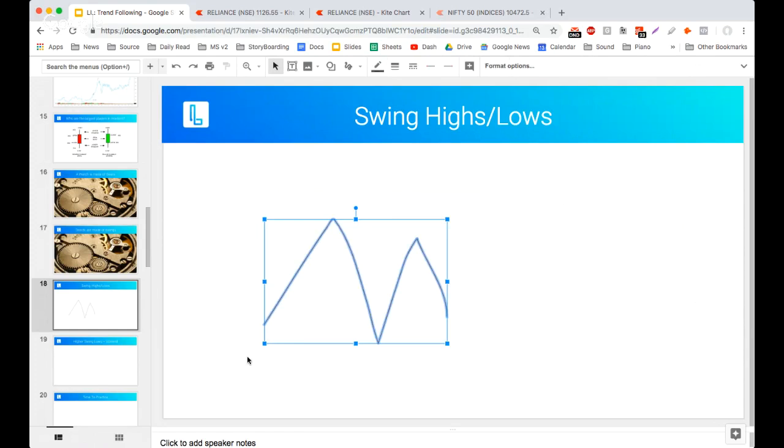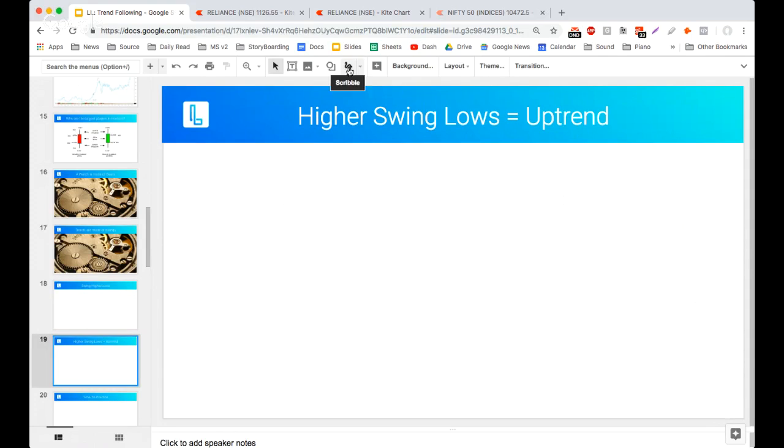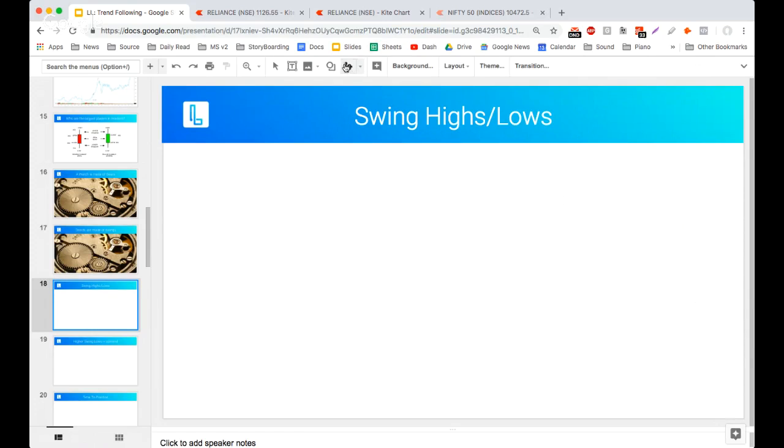Now that we've got a rough idea, because once you see swing highs on a chart, it's very different. So this is just for practice. Let's look at what a swing high, swing low does. Now, you already know what swing high is. Can you tell me how many swing lows do you see in front of you on this chart? Oh, what happened? 1 minute. Let me draw it again.